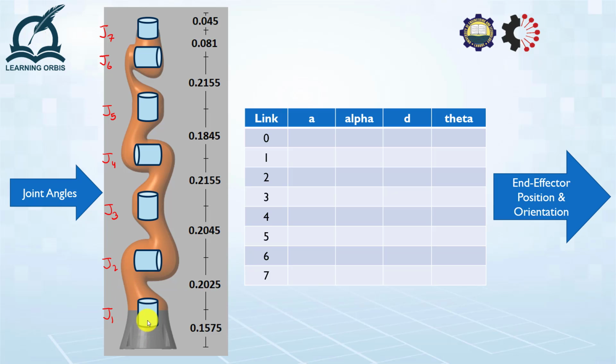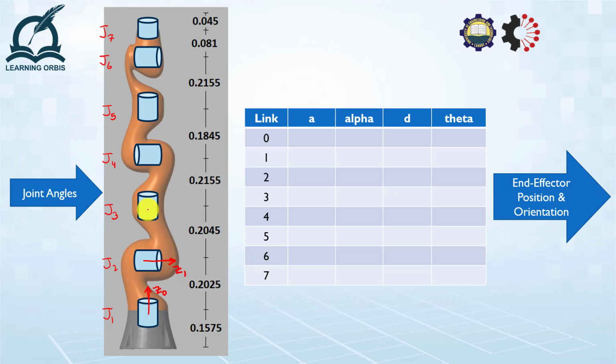Now the first thing is we need to figure out where the z-axis of all the frames are. The easiest way is to assign the z-axis to be the actuation axis of the joints. So I can say that the actuation of joint number 1 is about this axis. I'm going to label this axis as Z0. That is my first joint axis. After that, this joint J2 will have this joint axis, so I'm going to label it as